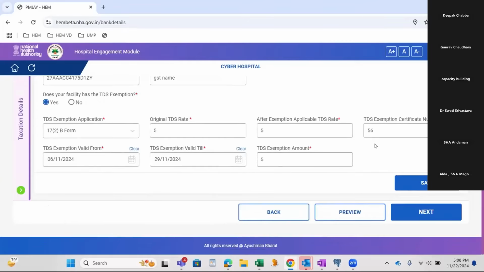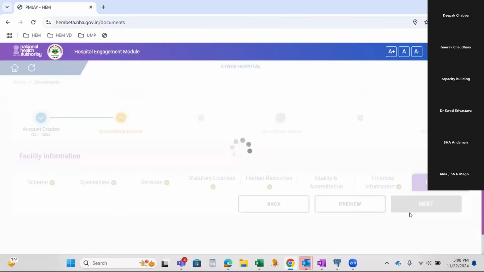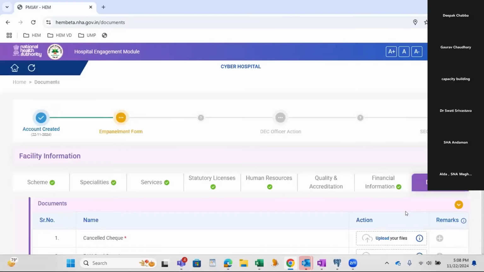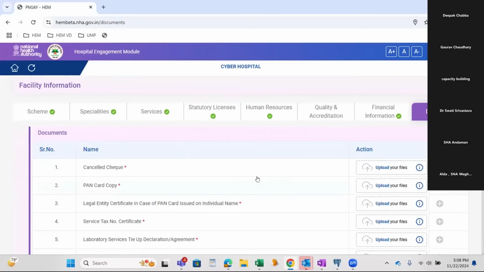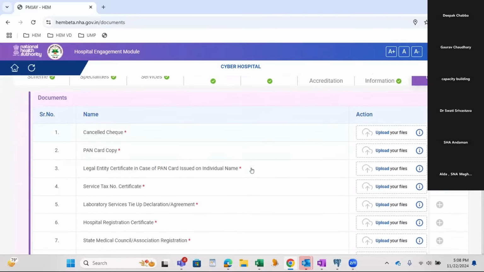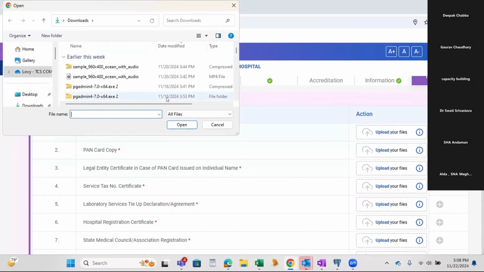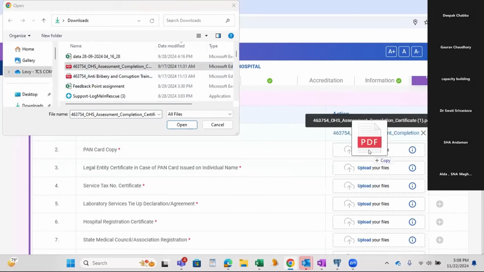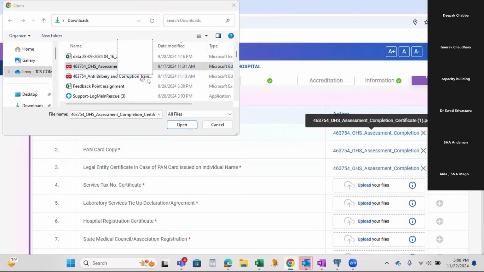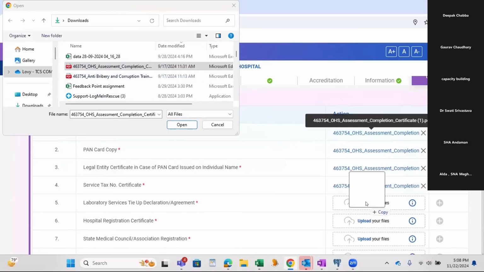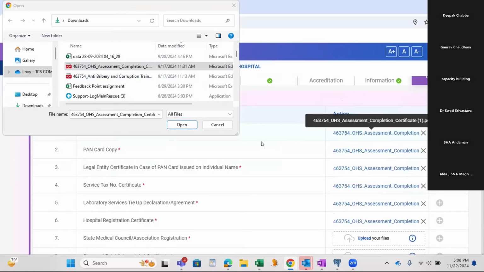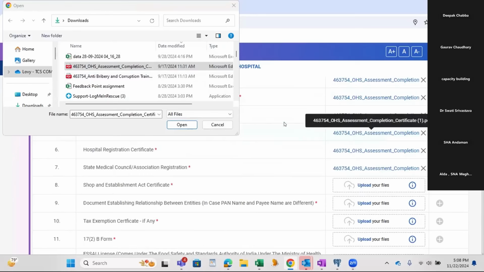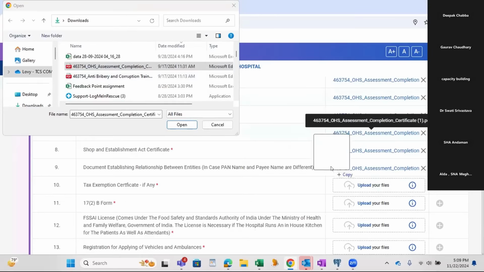So we have filled both the sections on this financial tab. Now I'm moving to the next page. This is the last, document section, where we will upload all the mandatory documents for this hospital. I will drag and drop for now in order to speed this section. All the mandatory documents which we require during the filling of the form or before empanelment submit are mandatory.